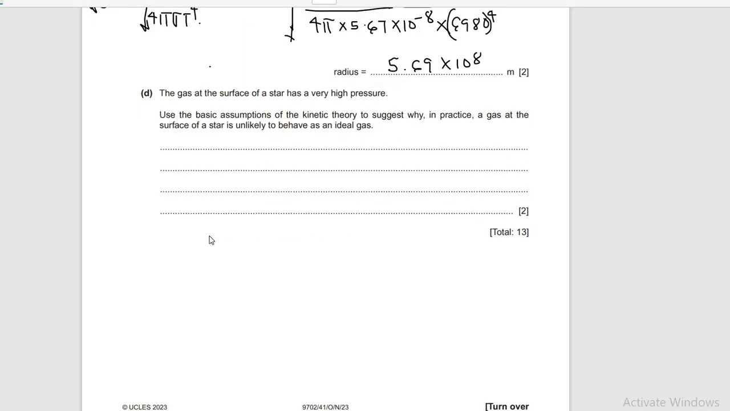The gas at the surface of a star has a very high pressure. Use the basic assumptions of kinetic theory to suggest why in practice a gas at the surface of the star is unlikely to behave as an ideal gas. Which means it has to go against the kinetic theory model, so you have to invert the kinetic theory model. One of them is the volume of the molecule. The volume of the molecule is not negligible